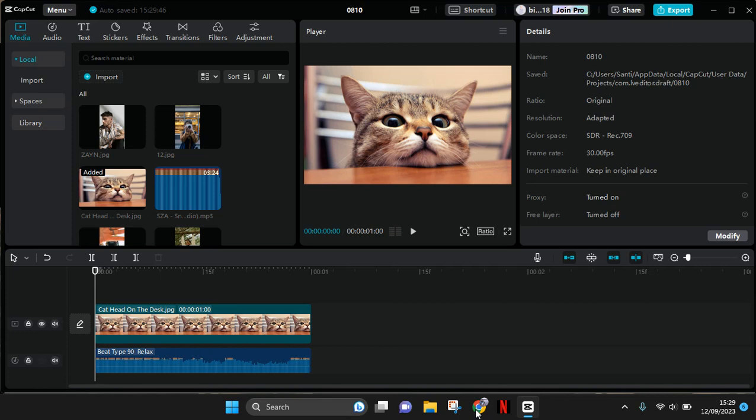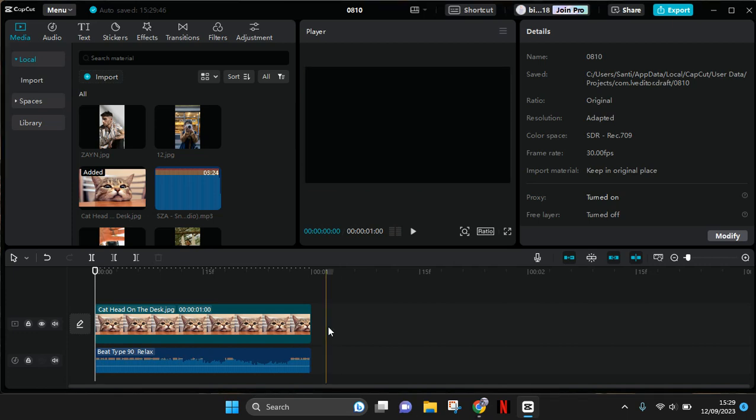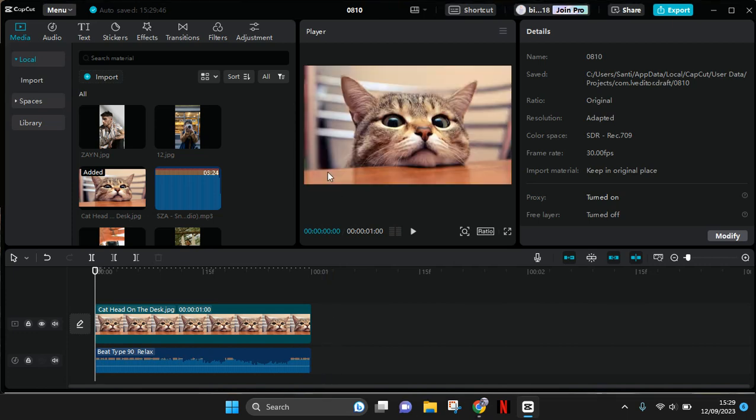On today's tutorial, I'm gonna show you how you can fade the background at the start and also the end of a video in CapCut PC. So here I've already imported a picture along with the audio, and to fade the background, what you need to